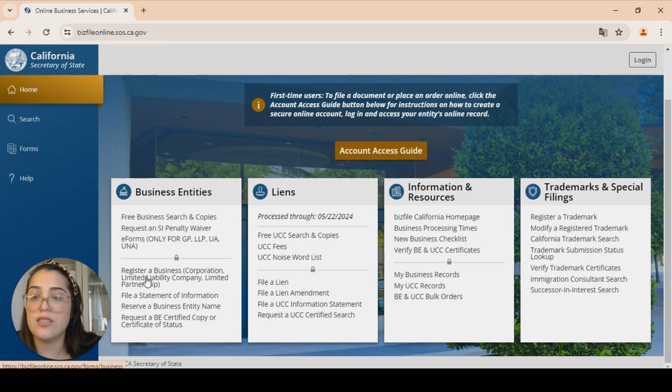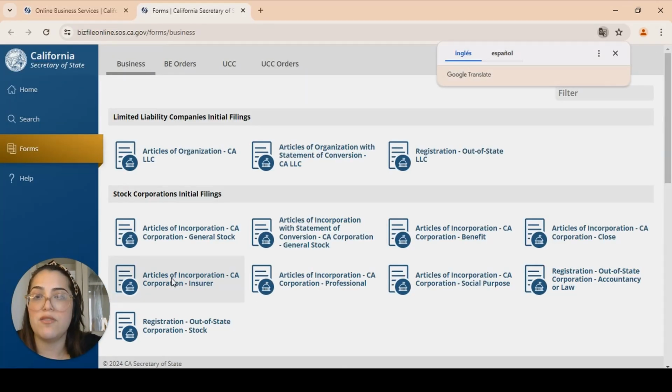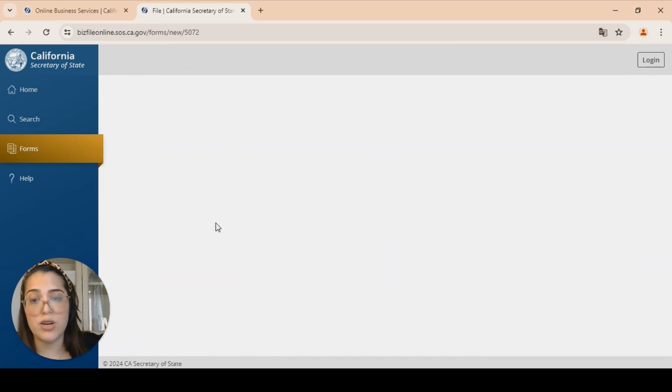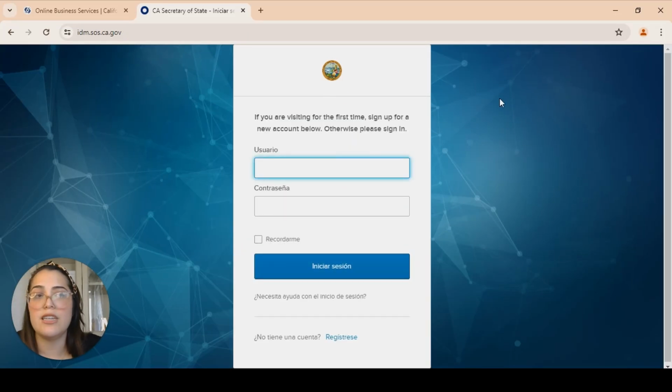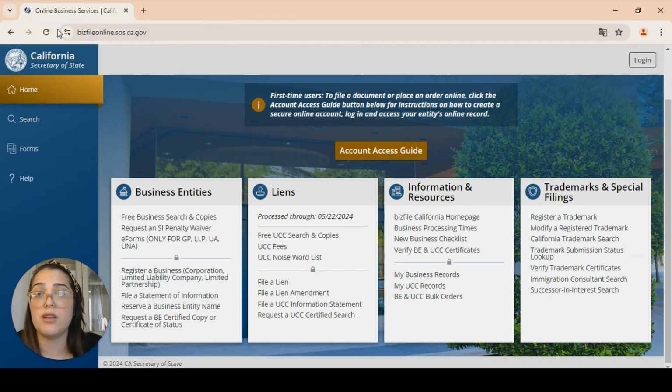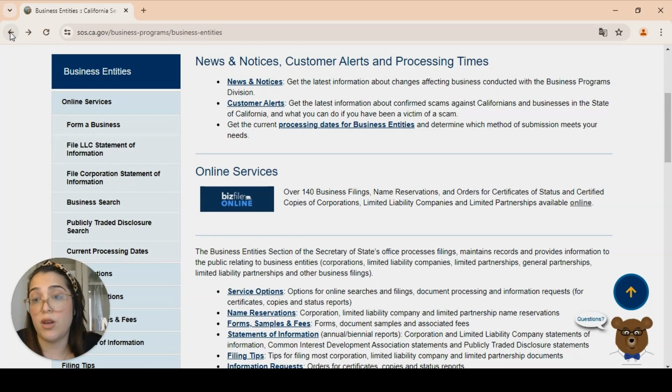But in this case, since you're wanting to register an LLC, this is where you would click register a business, corporation, limited liability company, or limited liability partnership. And then once you click on here, you'll have to select what filing you're going to do for your entity, which is going to be this one, the articles of incorporation. And then you can click file online. And same thing, you just create an account and go through the process, and your entity can be registered. It'll take probably a few days, maybe a week or two, depending on the state, but it's a pretty straightforward